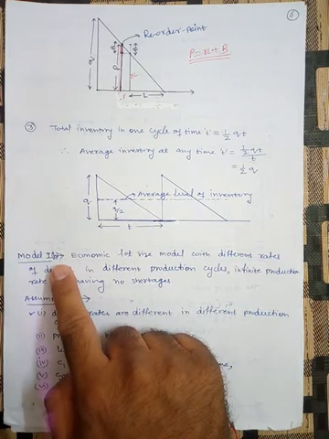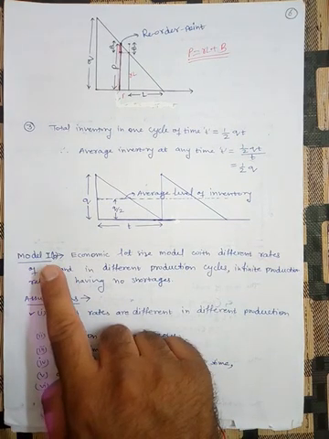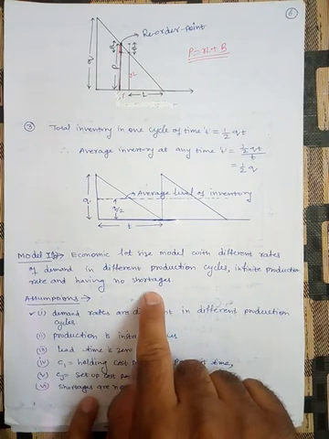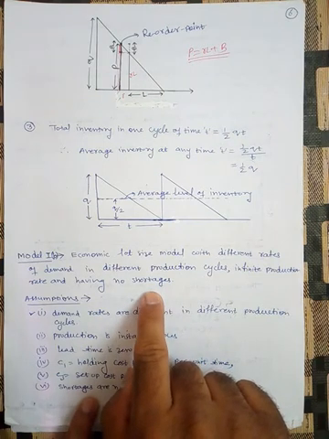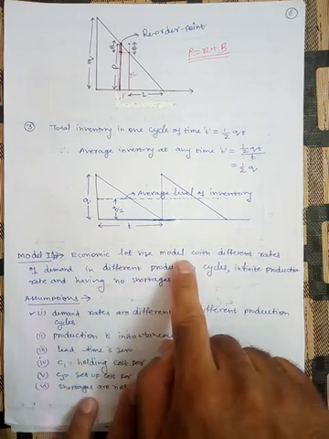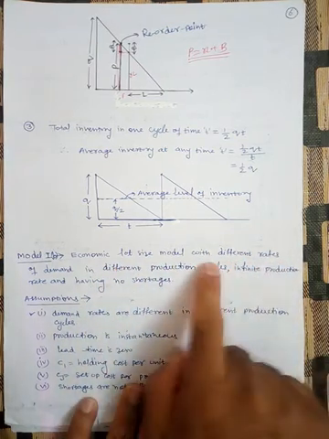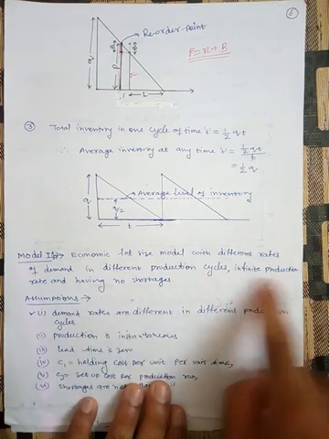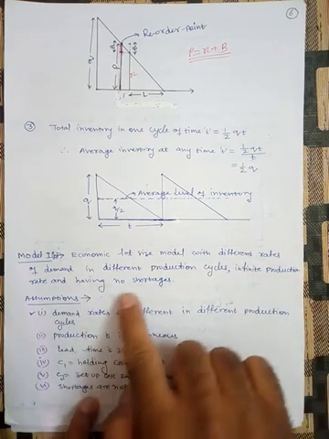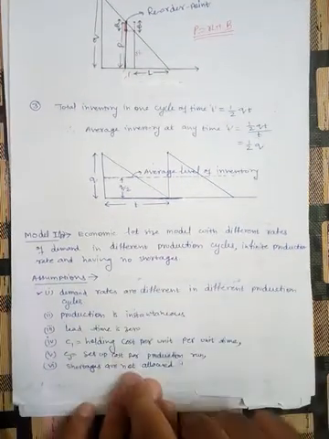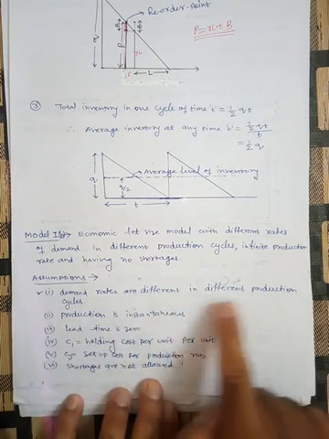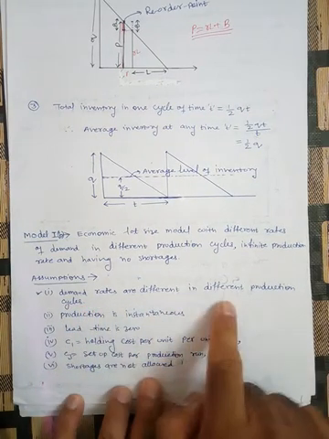So here, in the previous model we took the demand as uniform. However, in this model the difference is that we are not taking uniform demand. Here demand is a variable quantity. Fine. So, economic lot size model with different rates. Rates are different. This is the difference of demand in different production cycles. Infinite production again, and having no shortages. These are the assumptions. They are the same assumptions except one: demand rates are different in different production cycles. In each production cycle demand is different.